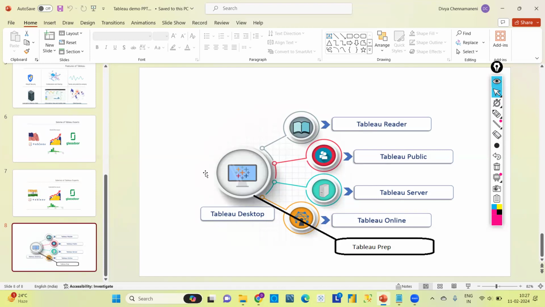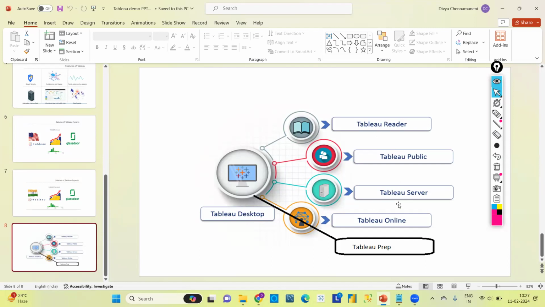Tableau Desktop is the one we use for personal use. Whatever reports we are generating, we create on Tableau Desktop. As a Tableau developer or data analyst, we mainly use Tableau Desktop to create graphs and whatever visualizations we build.